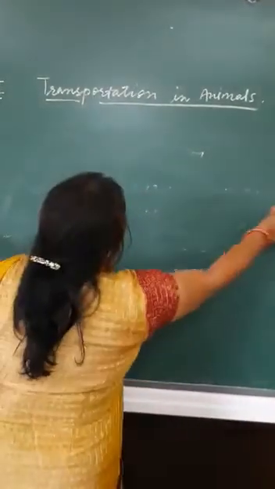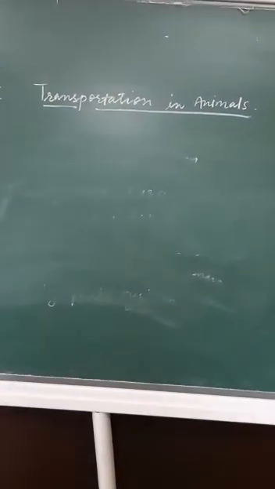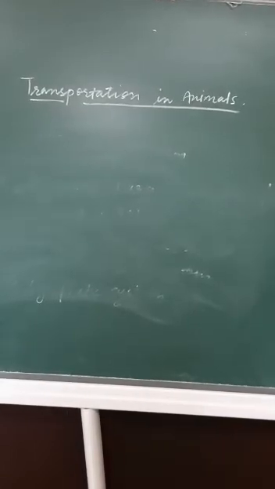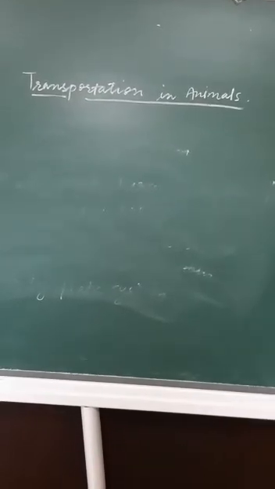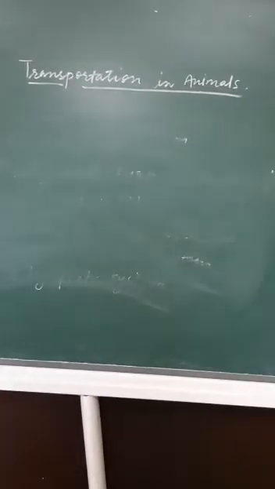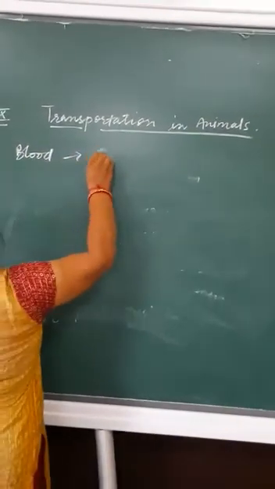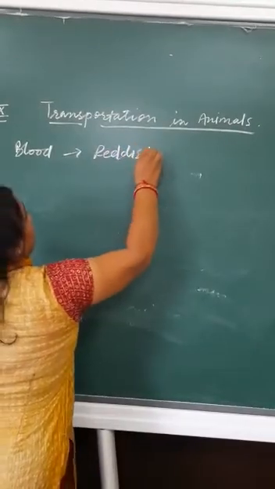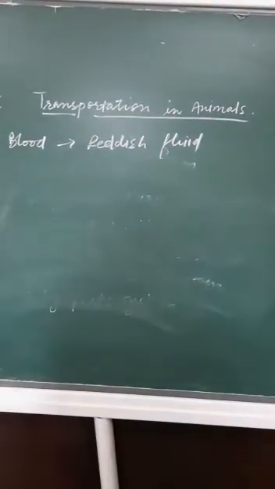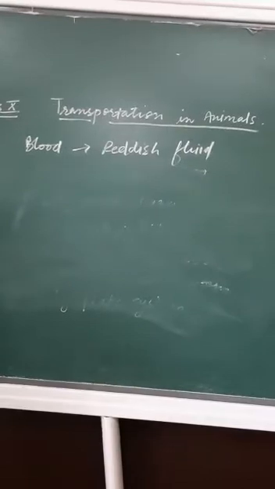What is blood and what does it contain and how does it help in the transportation system? So blood is a mobile fluid connective tissue of reddish color that circulates in the human body, supplies the nutrients and the oxygen to all the living cells and takes away the waste products. So what is the main function of the blood? As we say, it is a reddish color fluid which helps in the transportation of the oxygen into the body cells and gets rid of the waste product like the carbon dioxide from the body.